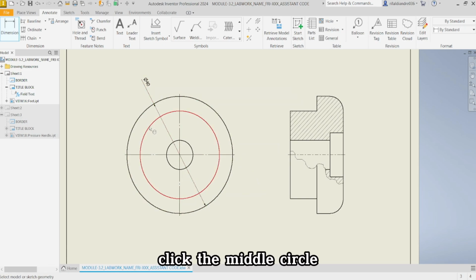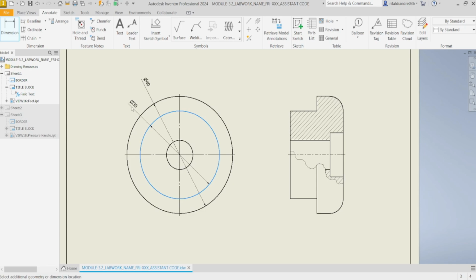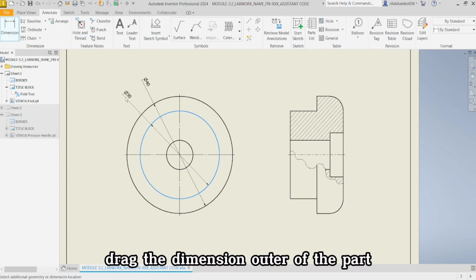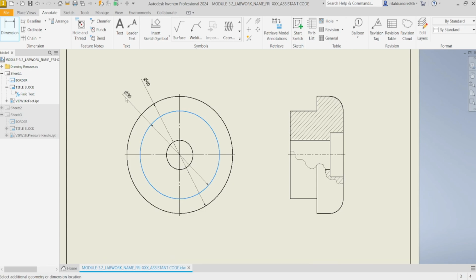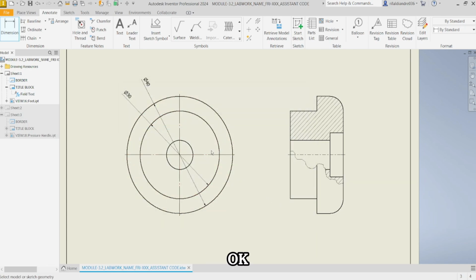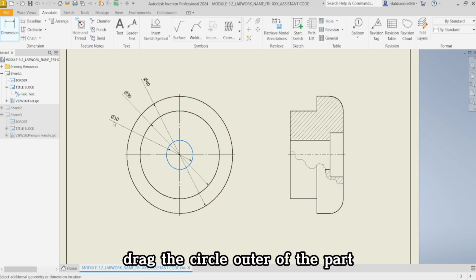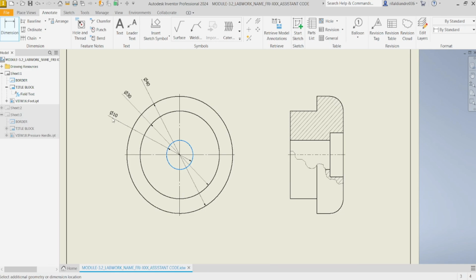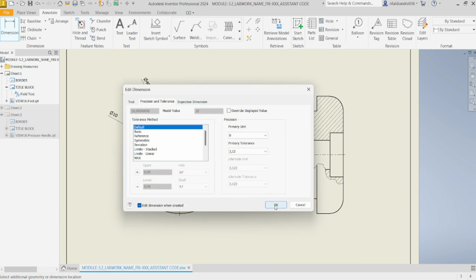Next, click the middle circle and drag the dimension outside of the part, and left click. Click OK. Next, click the inner circle, drag the dimension outside of the part, left click, and click OK.